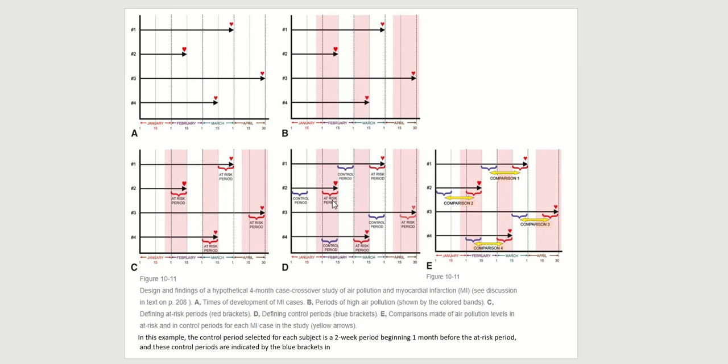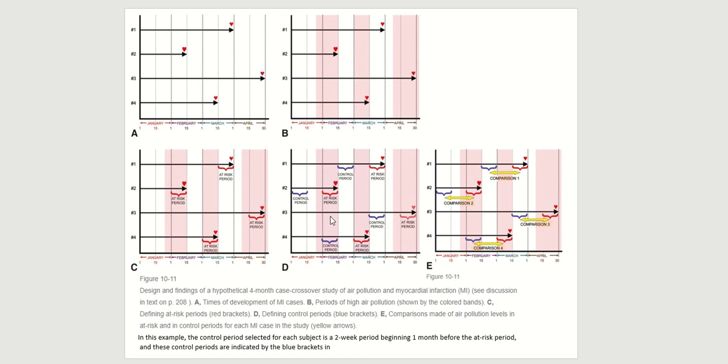This person, their risk period was exposed and their control was not exposed. This person, their risk period they were exposed, their control were not exposed, whereas this person both the risk and the control were exposed, and therefore you end up with a combination,